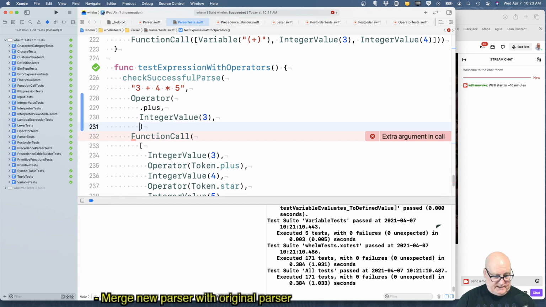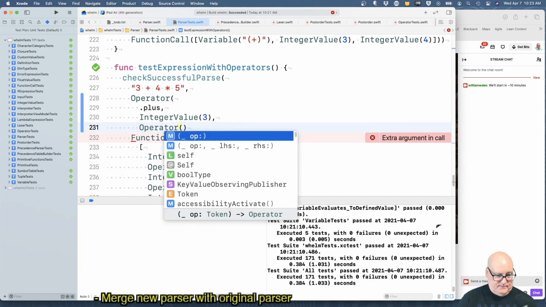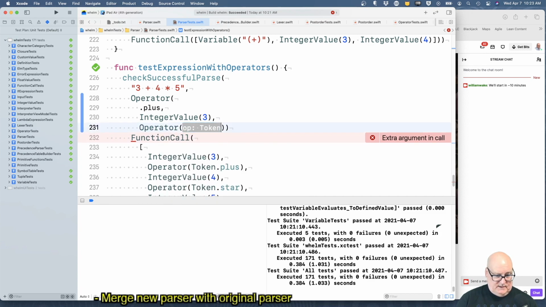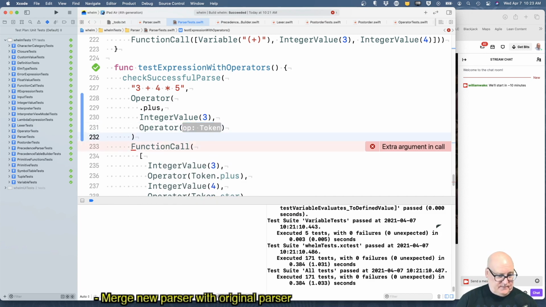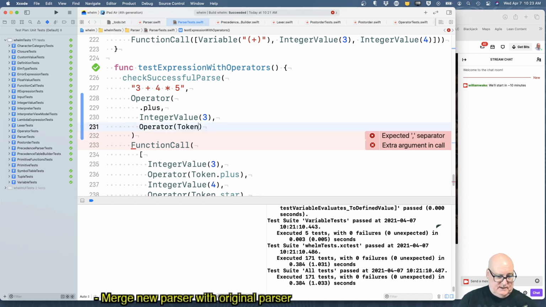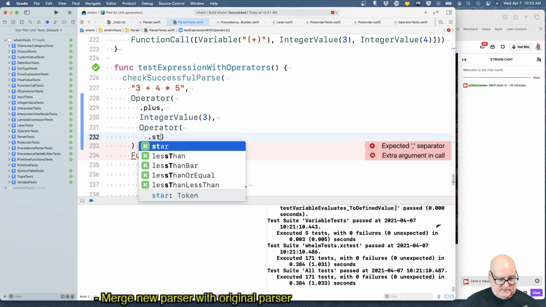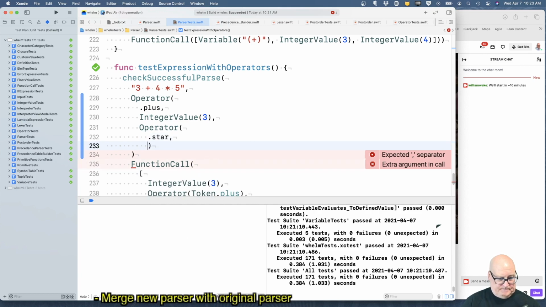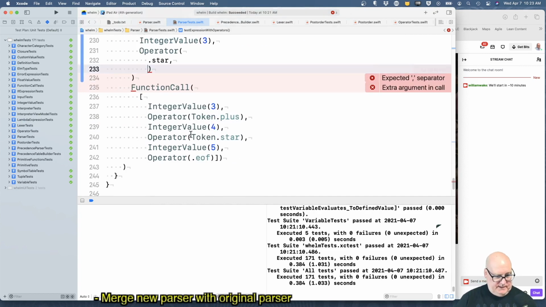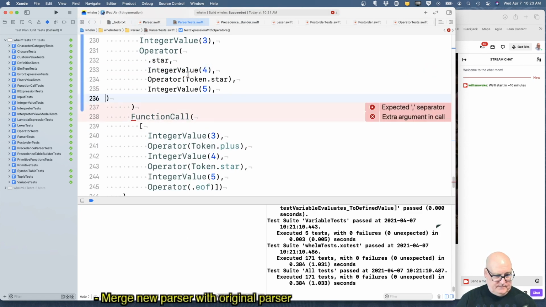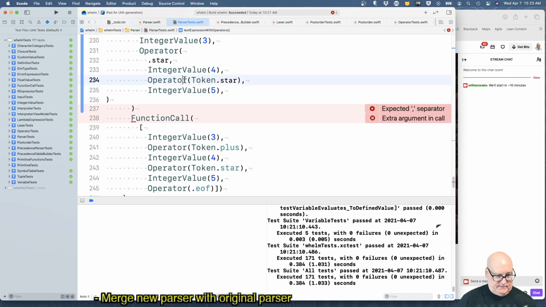And the right-hand side is going to be an operator. Okay, that one goes there. This one is star. And then we need integer value 4 and 5.